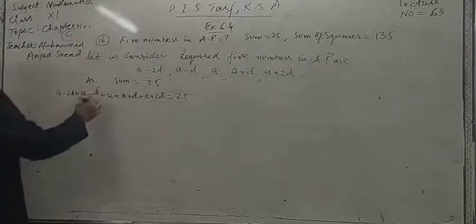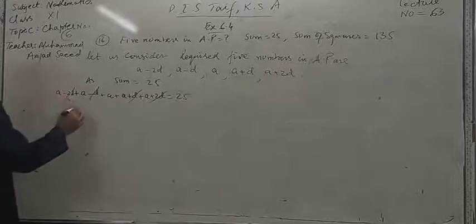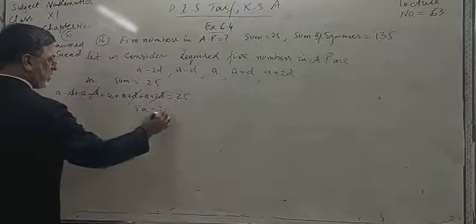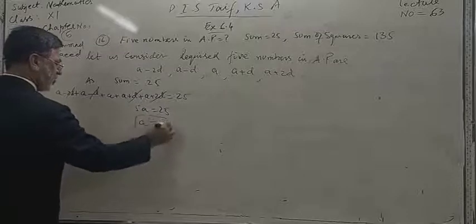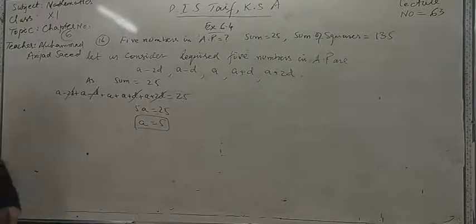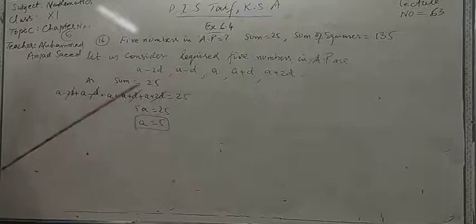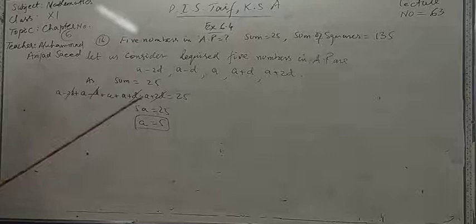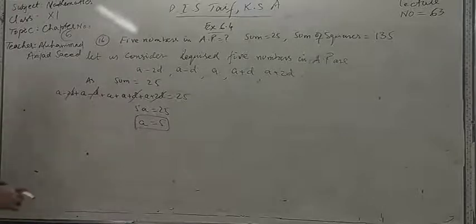Dear students, D cancelled out, 2D cancelled out. 1, 2, 3, 4 and 5, so 5A is equal to 25 and A is equal to 5. This is your value of A. Actually, you have to find these values, and you need the values of A and D for finding these numbers. We have found A. Next is